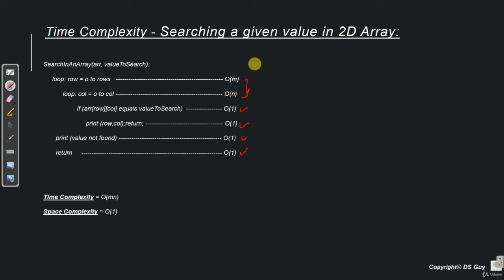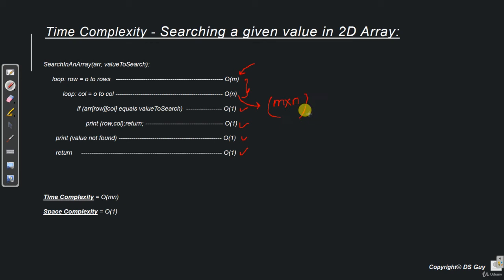However, the outer loop will take order of m time because it needs to run the number of rows. Similarly, the inner loop will take n time because it needs to be run n number of times for each row. So the time complexity becomes m into n.